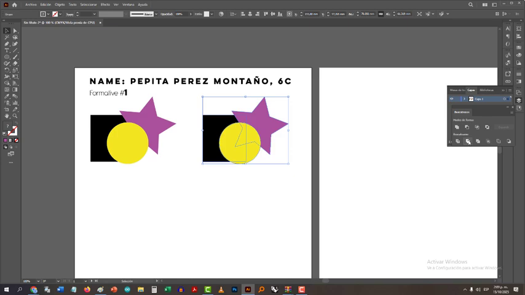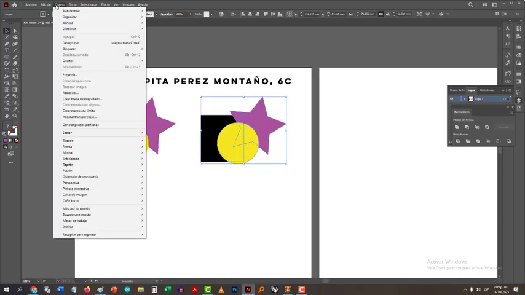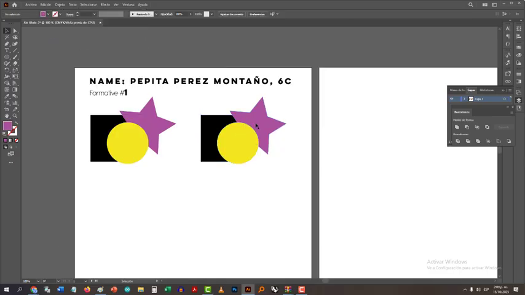Alright, when you already have all of the shapes and you explore all the options that they give you, you need to divide the 3 of them, alright? So you just go to divide, and it appears that nothing is happening, but it's because they are a group. So you go to object and group, alright? And you will check that it just cut them out